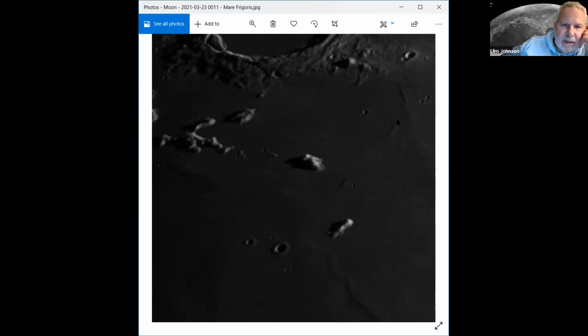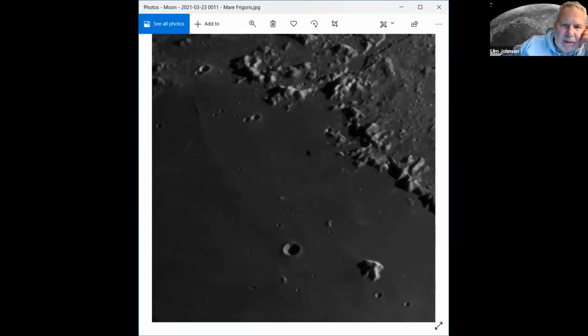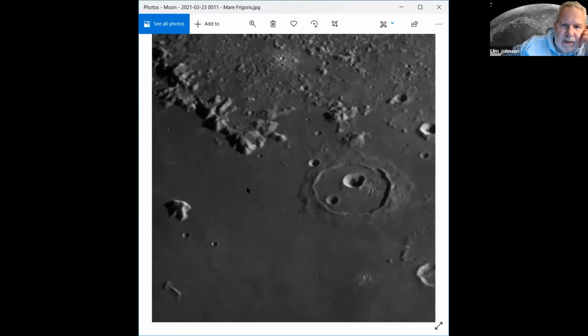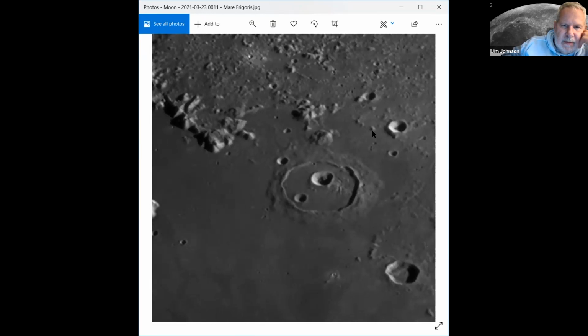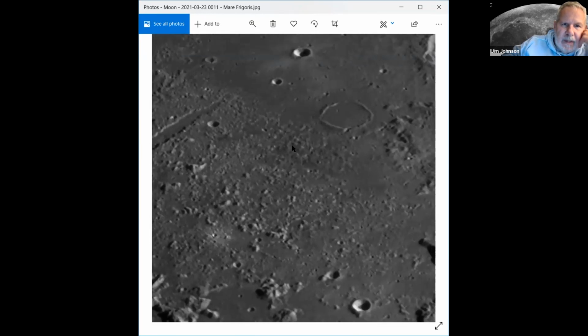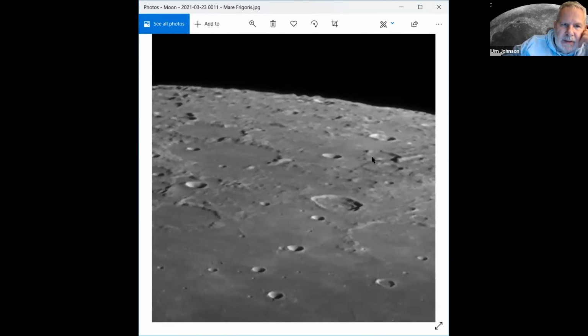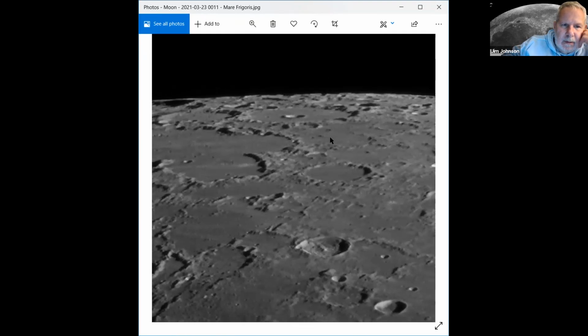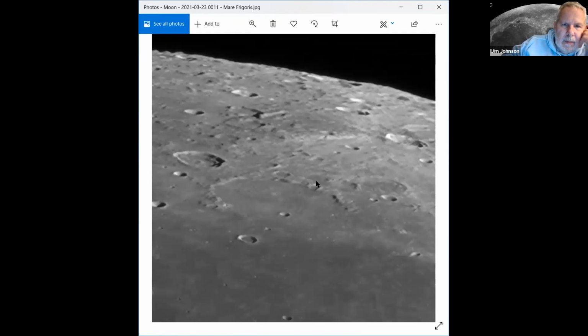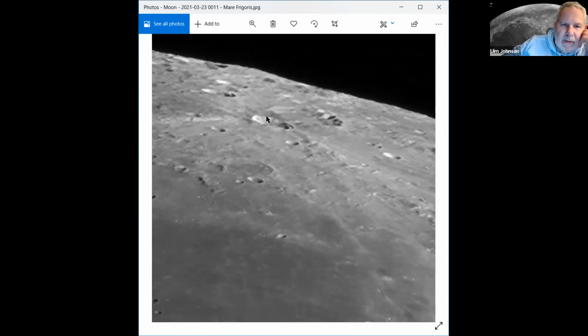The wrinkle ridges in there. Just all kinds of detail that you can see in these images. I used to know what that crater was, but I forget. Come back up this way and there's the mountains on the edge again. So back over where to? Back over here. That's the crater I had before.